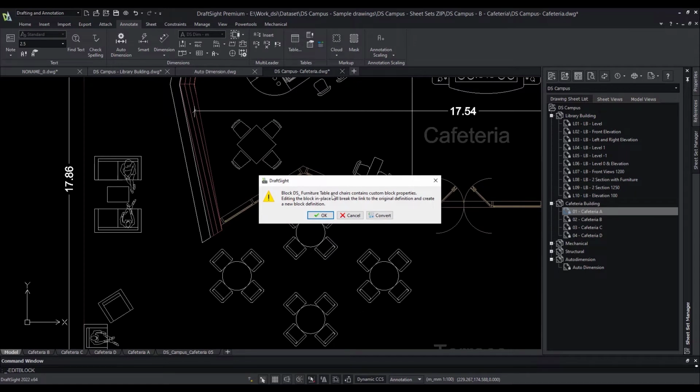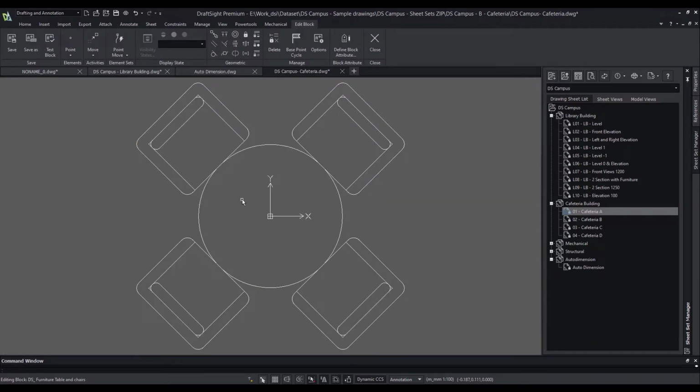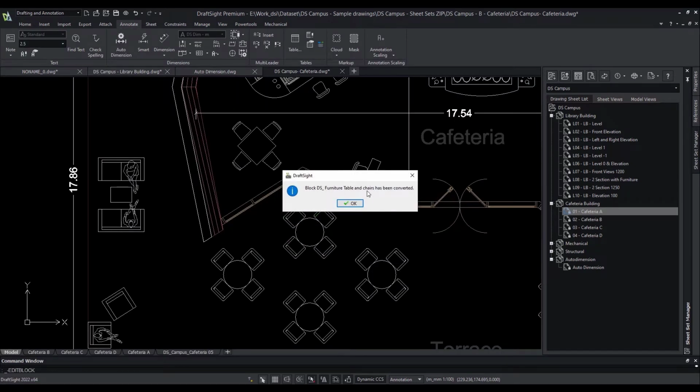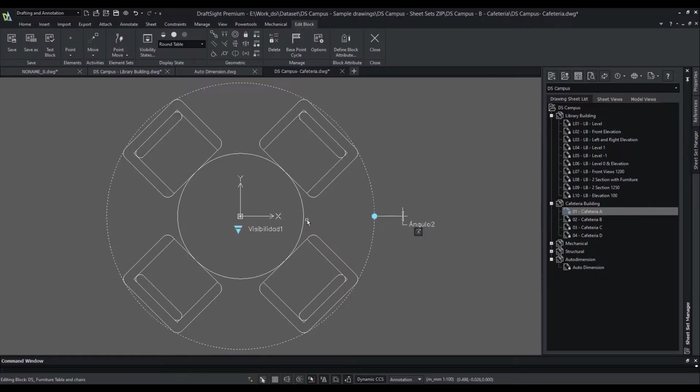Now when we try to edit a dynamic block, DraftSight asks what you would like to do with the dynamic block, whether you would like to edit the block losing its original definition, allowing you to create a new block definition, or whether you would like to convert it to a DraftSight custom block which contains all the original definition, on which you can modify or add our own block